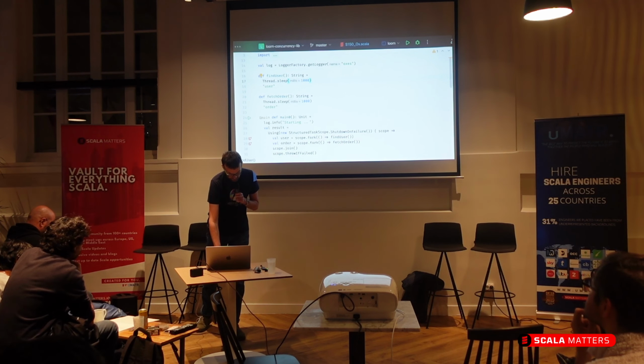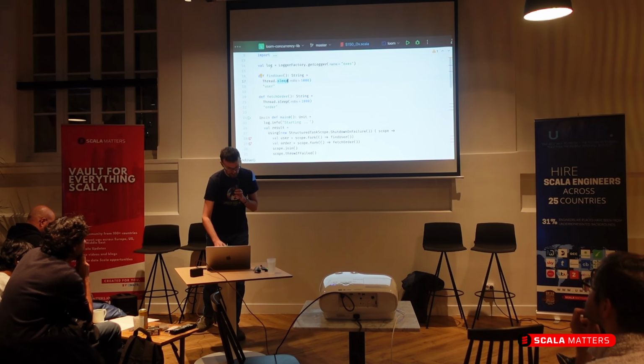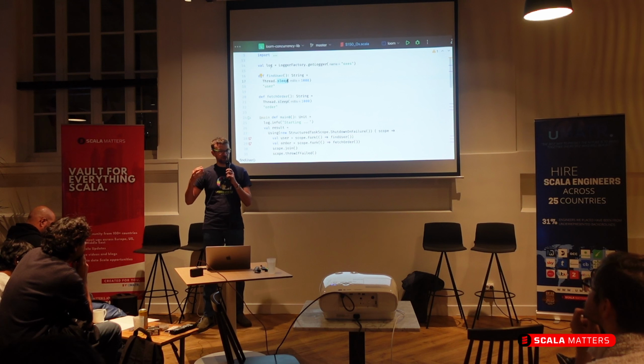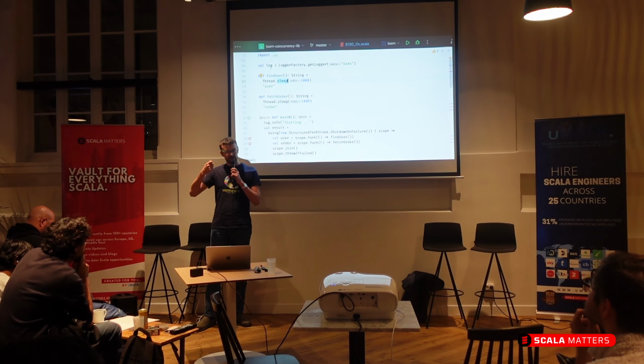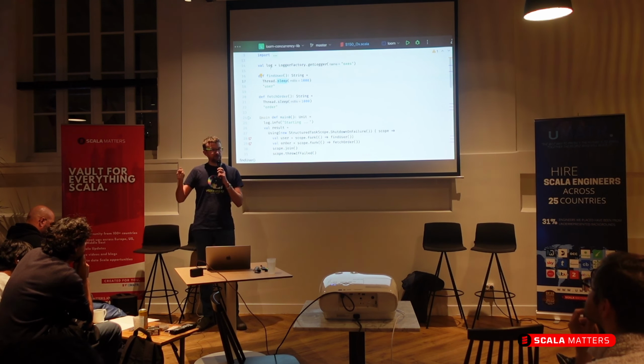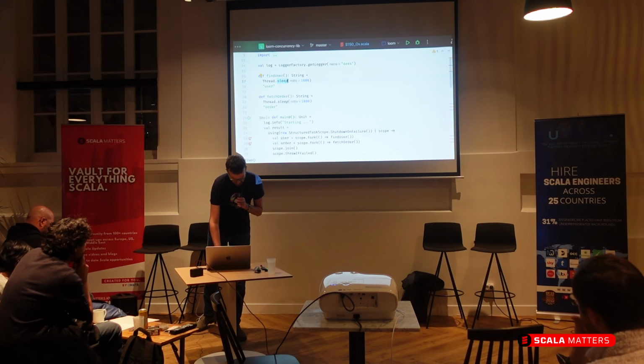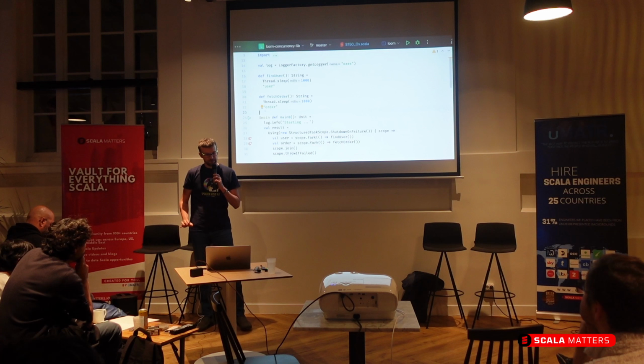So sleep, for example, over here, it's a blocking method, right? It blocks the thread on which it runs, but if it runs on a virtual thread, the virtual thread will be blocked instead of the underlying kernel thread. So this is all taken care of.